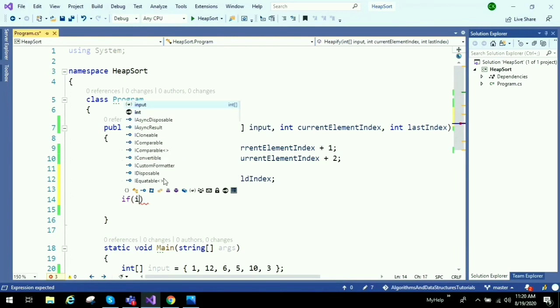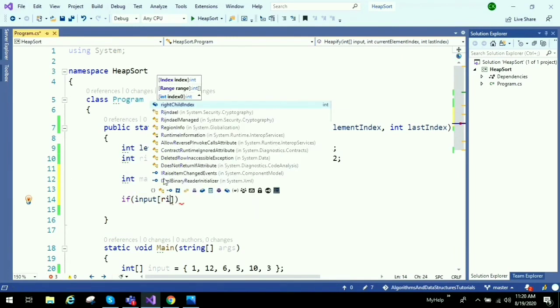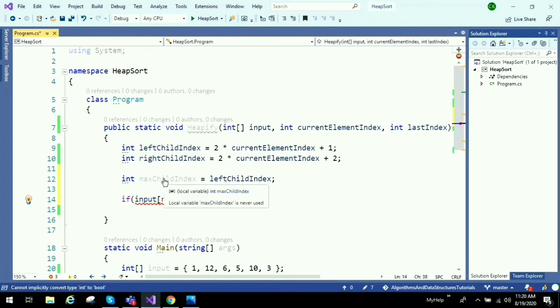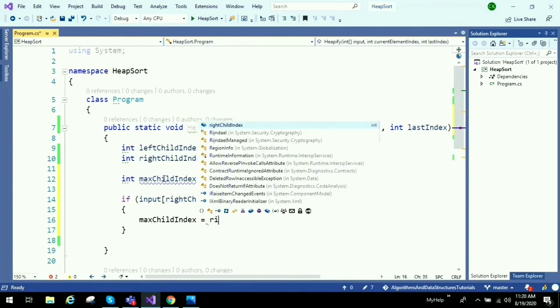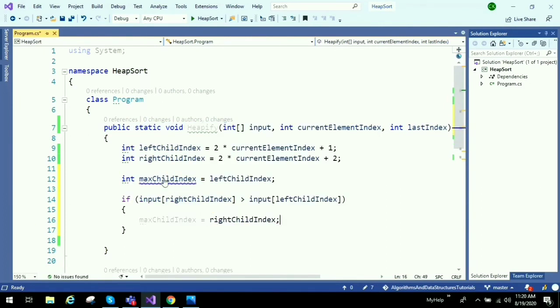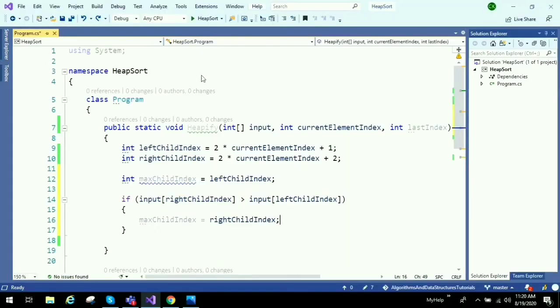If input of right child index is greater than input of left child index, then max child index will be the right child index. Now we have identified among the children whichever is the maximum element. Now we need to compare that element with the current element.